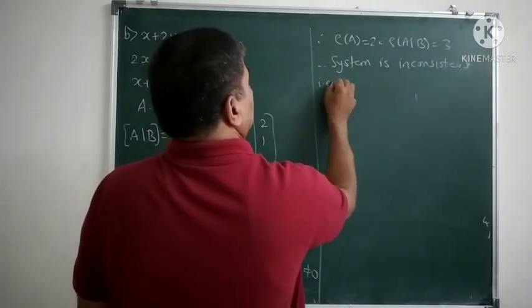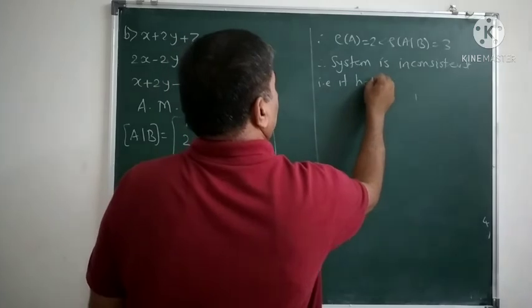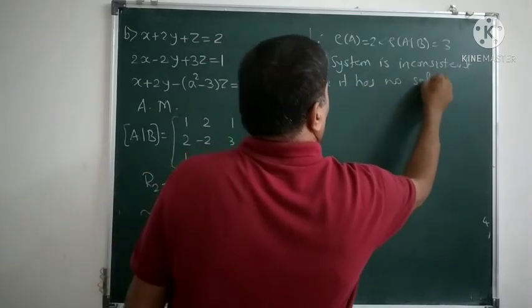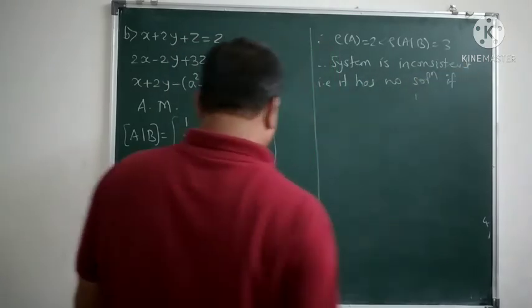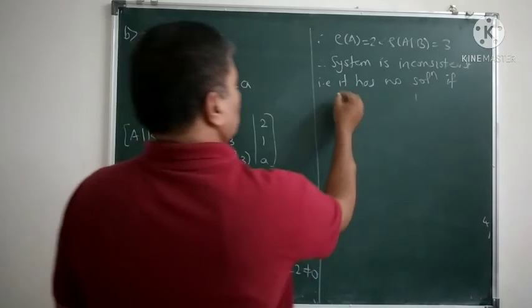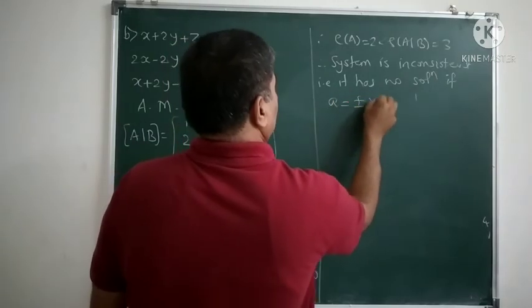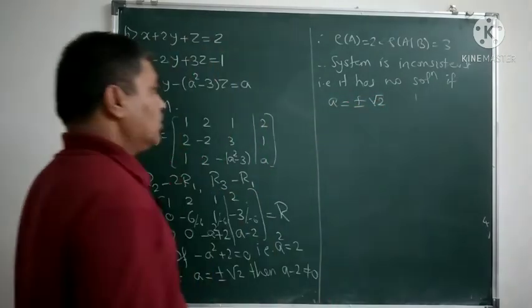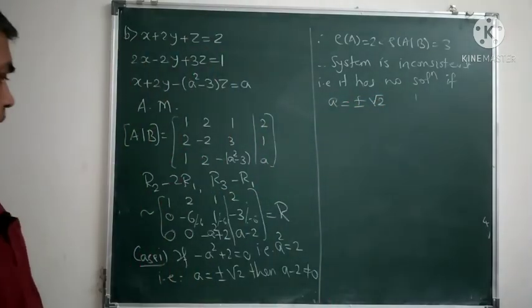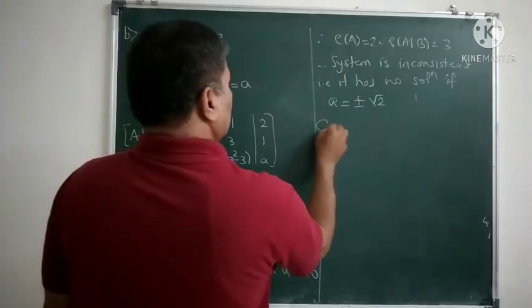That is, it has no solution. It has no solution if A is equal to plus minus root 2. Okay. Case 2,